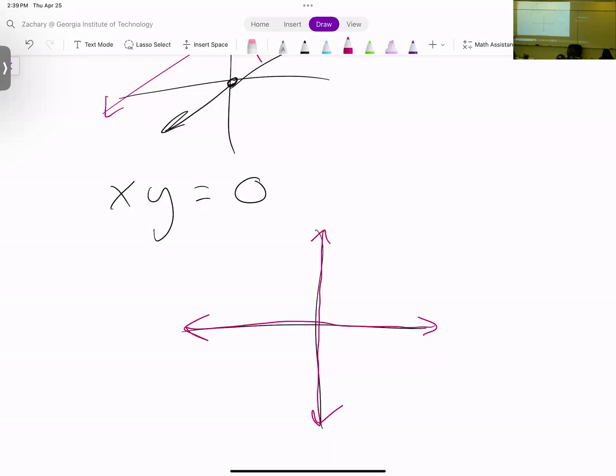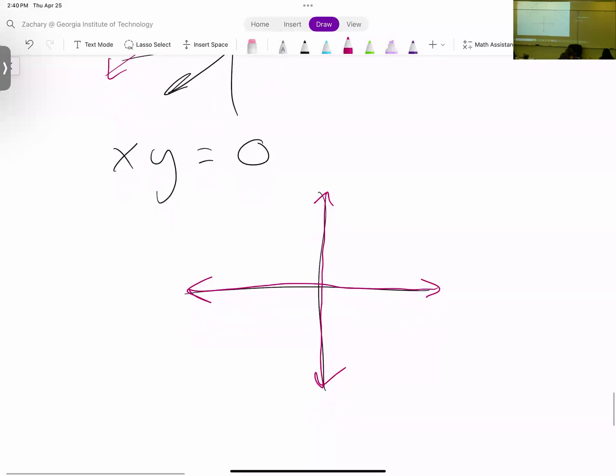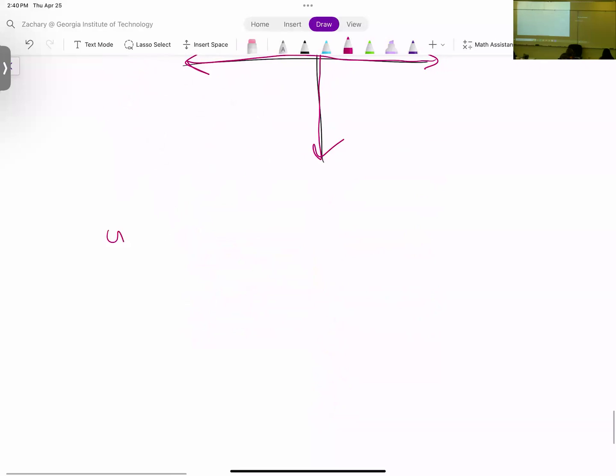Does this contain the origin? Pretty clearly, yes, right? This is how I like to look at things very quickly, right? I plot it. Oh, that doesn't look like it should. Moving on. Okay. Another classic example would be